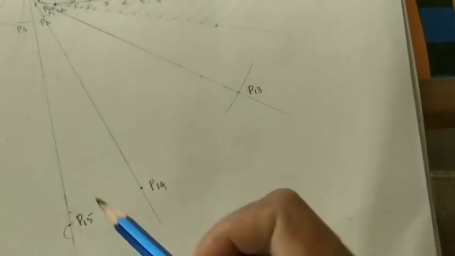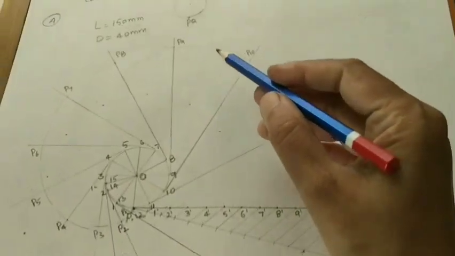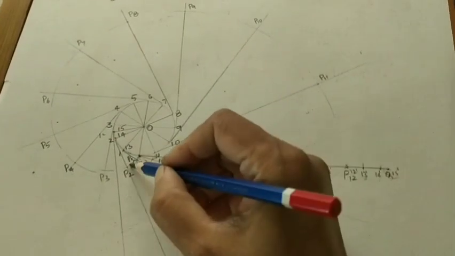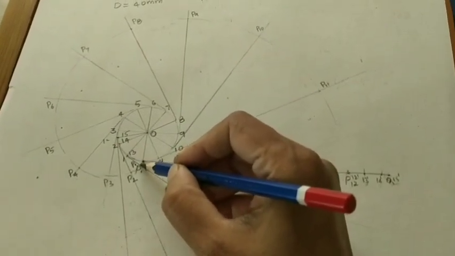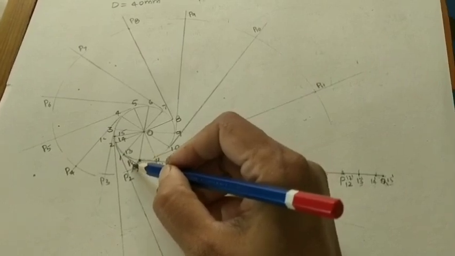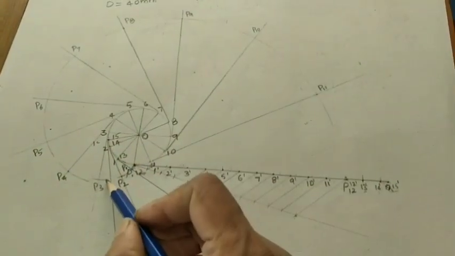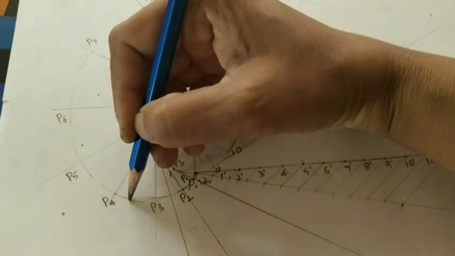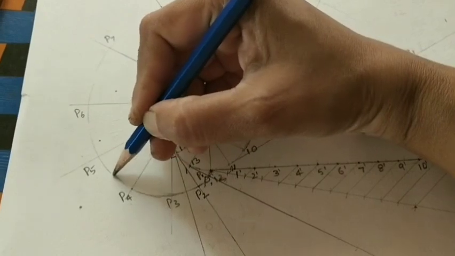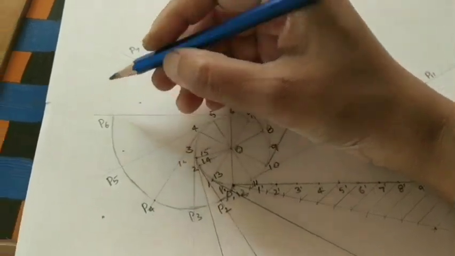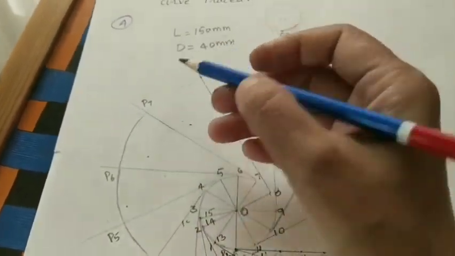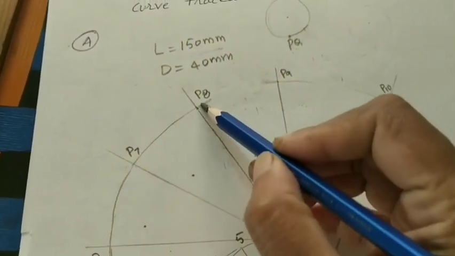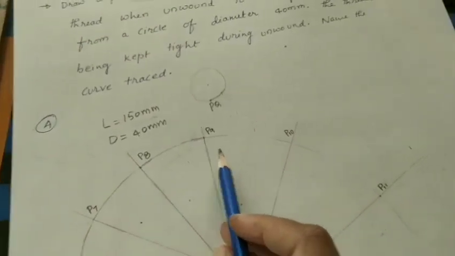Now after getting all the P points, join these points by using freehand curve. Let us join by using freehand curve. So this is the starting point to P1. So P1 is here. So P2 to P3. Similarly, P4, P5, P6, P7, P8, this P8 to P9, and then P9 to P10,